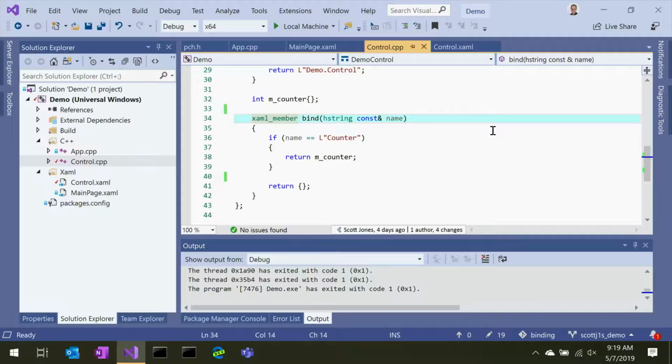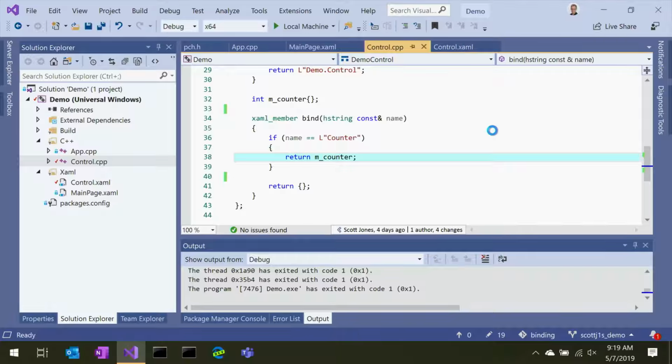It's looking to resolve a string name of a property to underlying storage or to get and set accessor methods. So in this case, we simply check whether the value is counter, and if so, we return a direct reference to underlying storage, m_counter. And the XAML member that's constructed around that reference now holds a reference to the object where it can implement get value and set value calls from the XAML runtime.